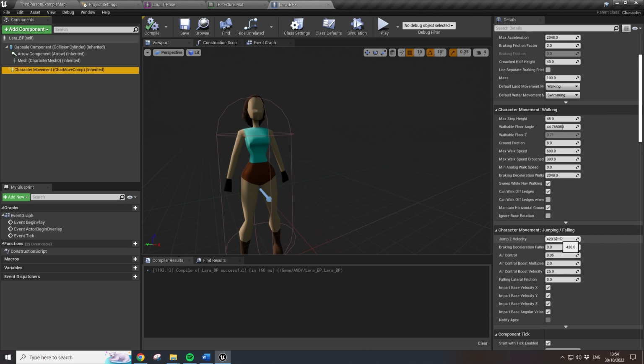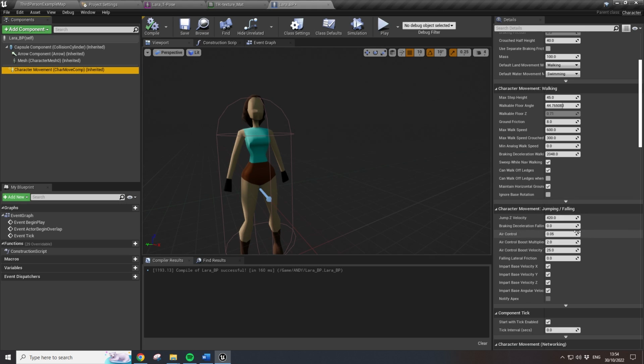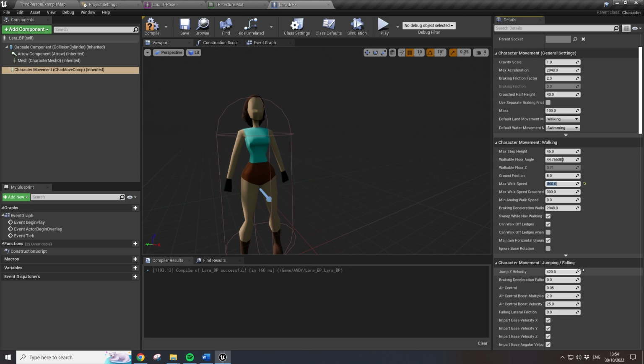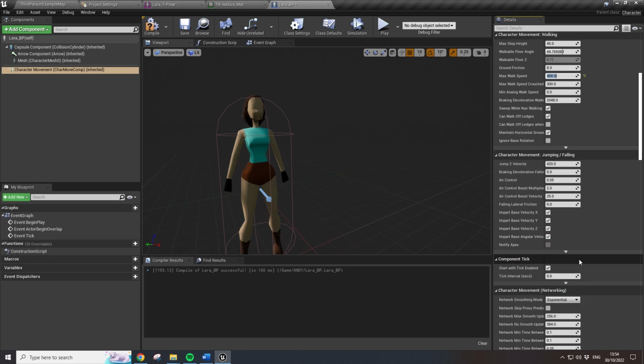Let's have a look. Yeah, that's jumping, falling. That's walking. So the speed's currently at 600. So I think we've previously tested this, and when you're importing a new character, 800 makes it a little bit more sensible. And also we want to have a look at